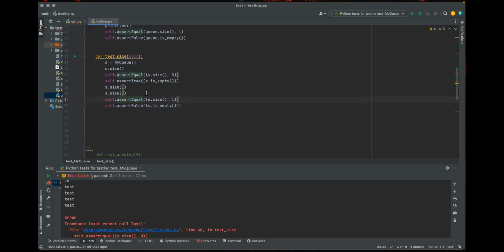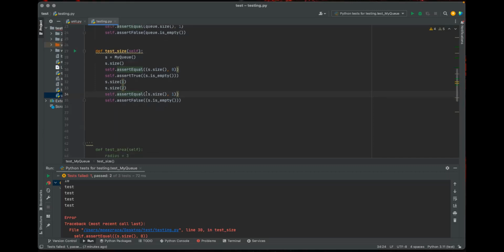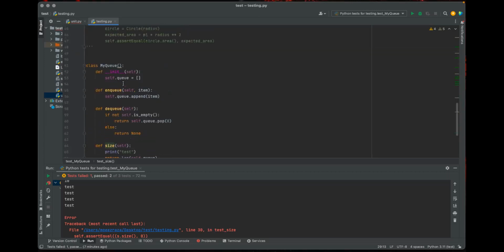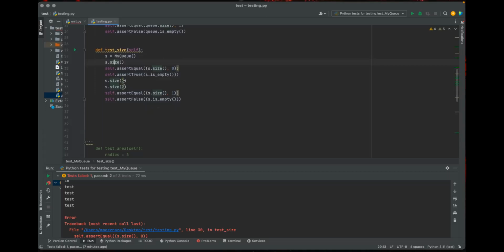Okay, so now my question to you: when you put s.size, it's doing what? Well, we're using this size method. Yeah, but the size gets us a number. So why do we need to call that? We only need to call that inside the assert, but not outside it. Oh, okay. So you don't need this line. No, you don't need it.